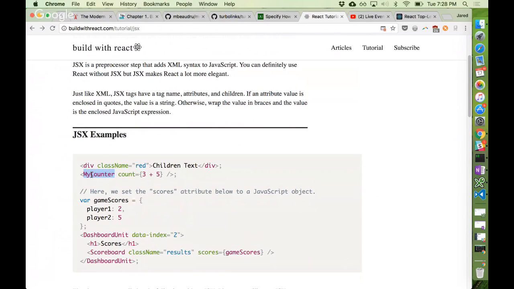And the way that a convention, you don't have to follow it, but a standard convention for React is that React components start with uppercase letters instead of lowercase. So you always start them with an uppercase just as a sort of a convention. So my counter is a custom one. Really, that's the only distinction that exists in React. And then when it comes to components, aka not the ones that are HTML elements, but React components that are something different,